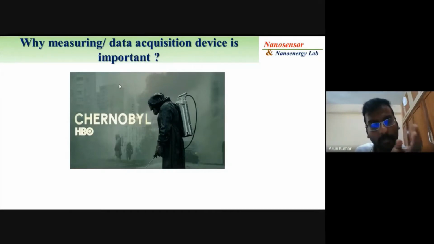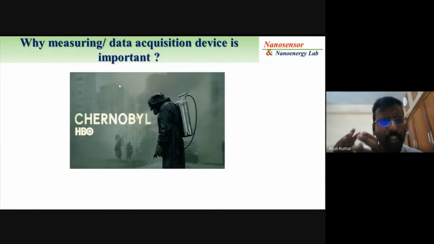One part is what happened after the disaster, when the radiation was released. They were carrying an instrument, like a Geiger-Muller instrument, that measures nuclear radiation. The unit is Roentgen. They had an instrument which can measure only up to some 10 or 15 Roentgens. So the person who works there carries that and tells them that the radiation here is just 15 Roentgen or so.